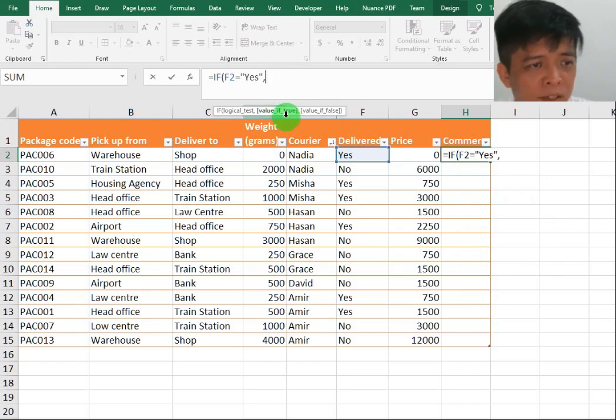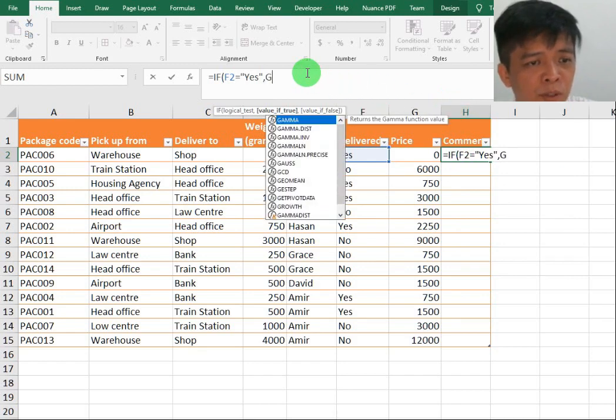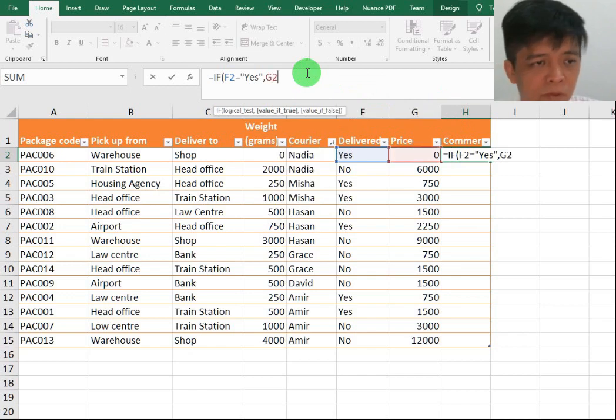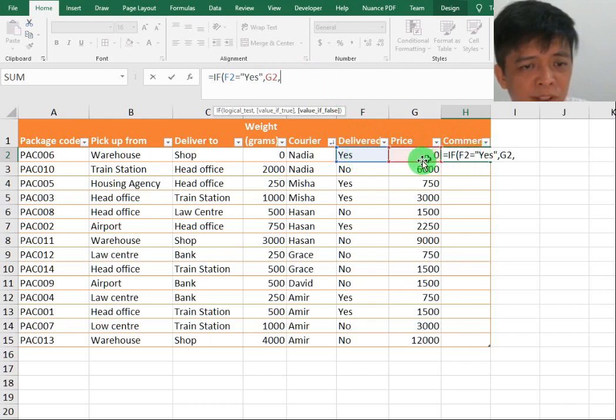The second one is, if it's true, what will you do in this cell H2? Show what? I'm asking to show G2. So of course, if F2 is yes, then show 0, whatever is in G2. But the third one is value if false. So I'm writing down here